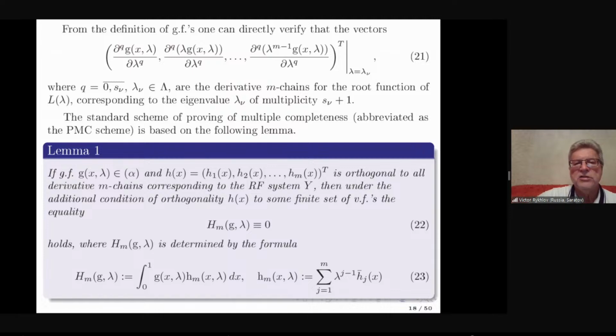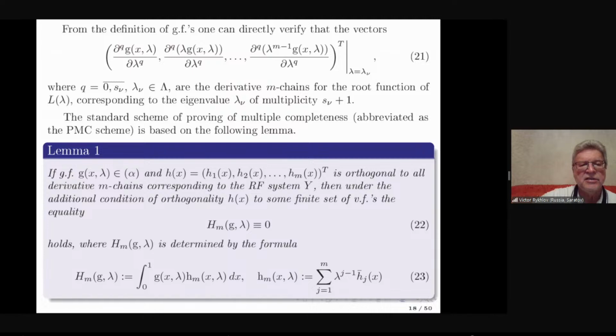The formula 21 shows the derivative m chains for the root functions of L of lambda corresponding to the eigenvalues lambda nu of multiplicity s nu plus 1. The standard scheme of proving of multiple completeness, abbreviated as the PMC scheme, is based on the following lemma. Lemma 1. If the generating function j of x lambda belongs to alpha and h of x is orthogonal to all derivative m chains corresponding to the root function system y,